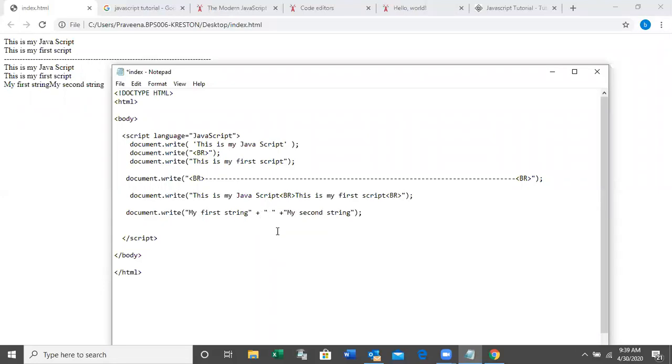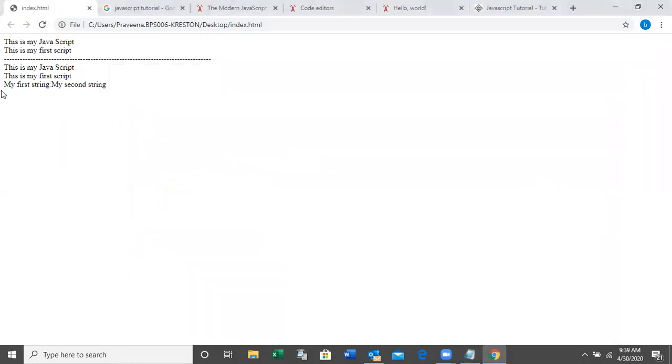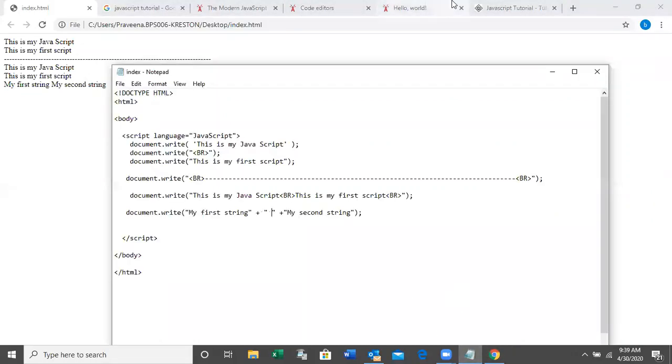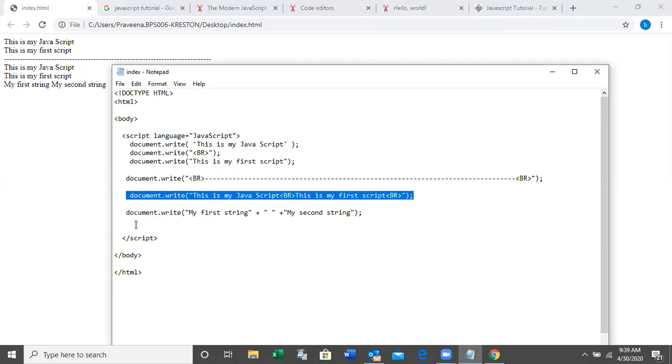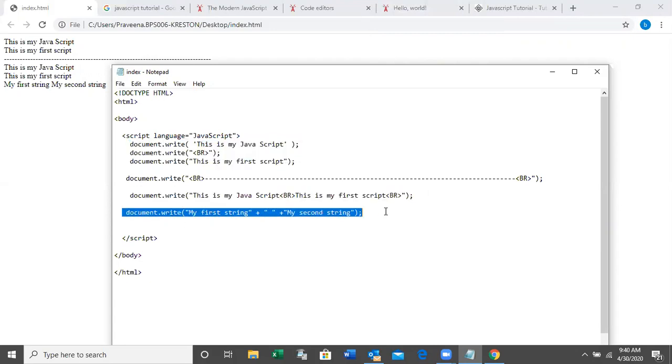Say simply, you can write like this for the space. My first string space, my second string. Okay. So you can write like this, or else you can use plus operator to join two strings, right?